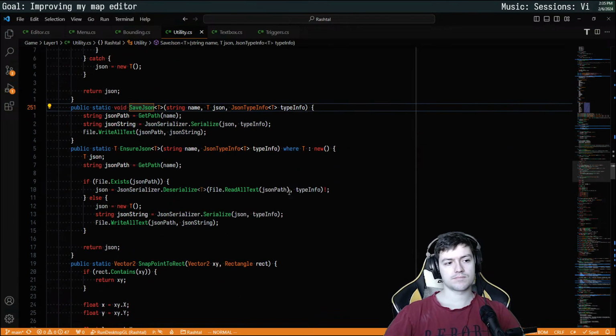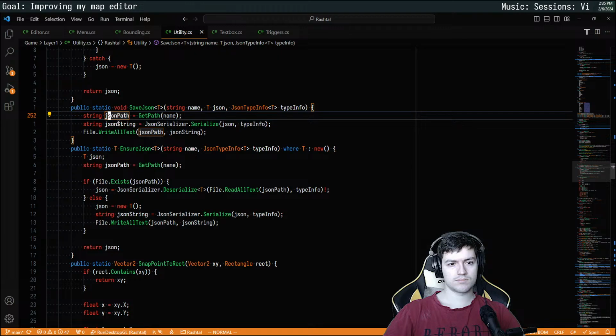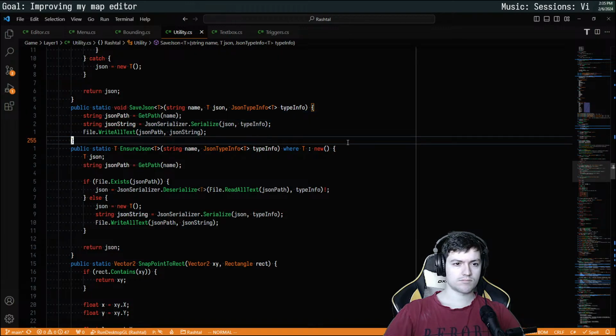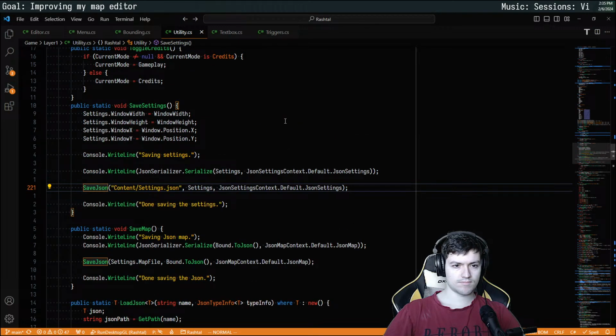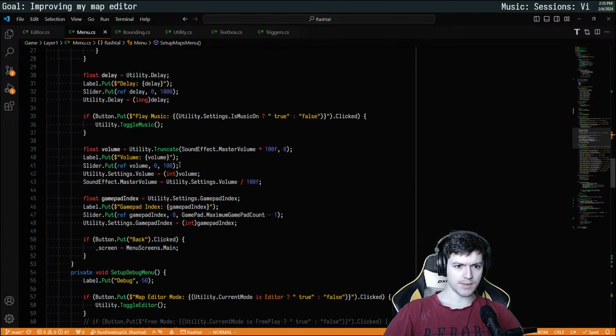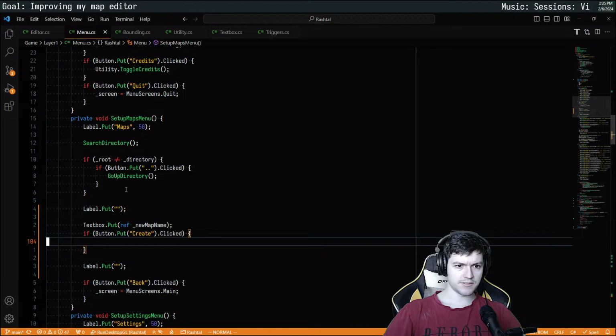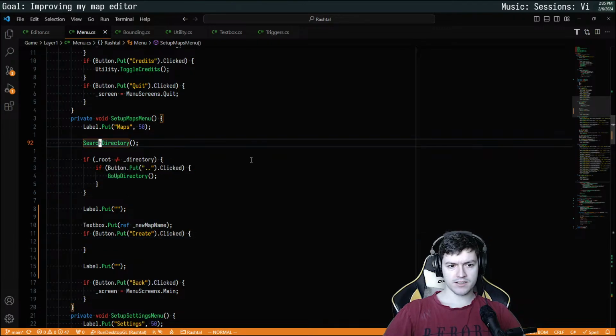Save. So I think I can just use this directly. Though, how did it work again on the map? So when I save search directory,